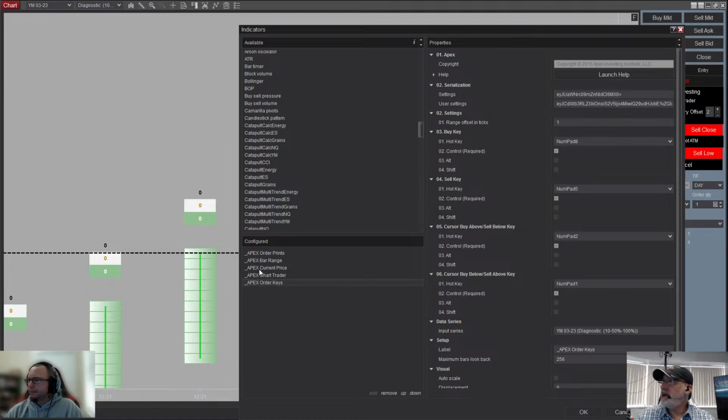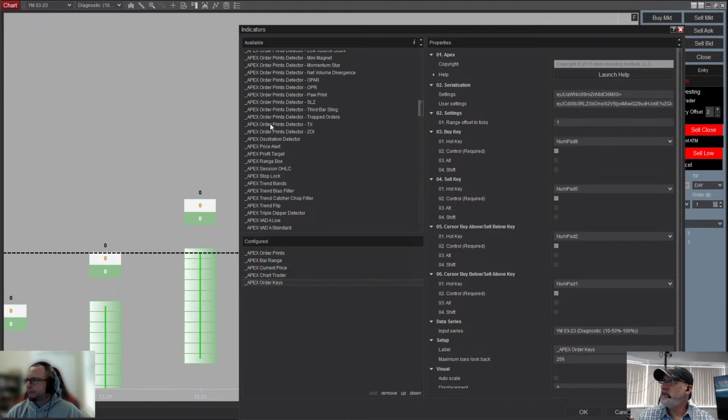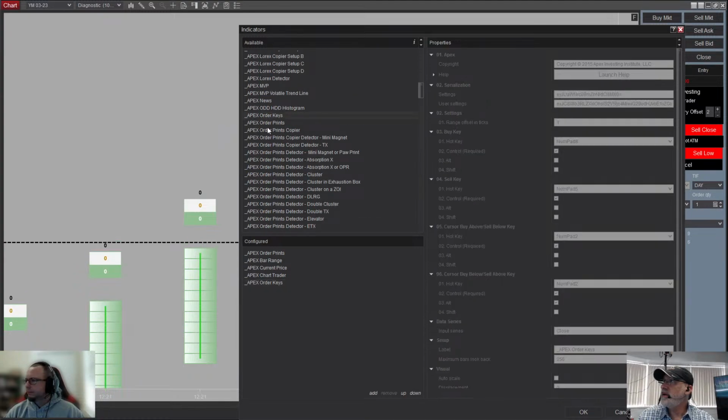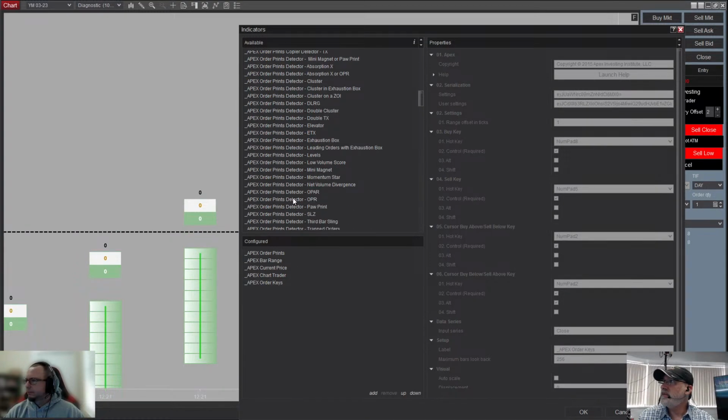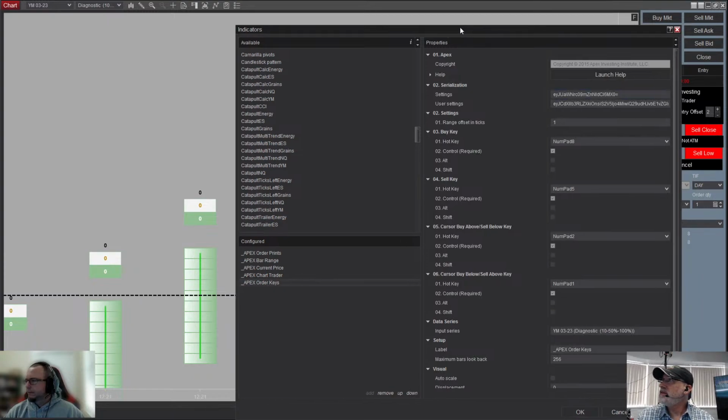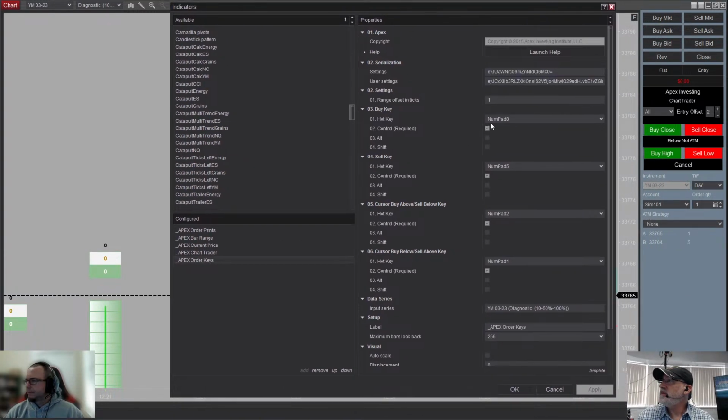You just find order keys in the list, which is right here, and then you just add it to your chart here, and by default it gives you these key combinations to where you buy and you sell, and this is at bar close. So right now the default is 8 and 5, and this is on the number pad and on the keypad,